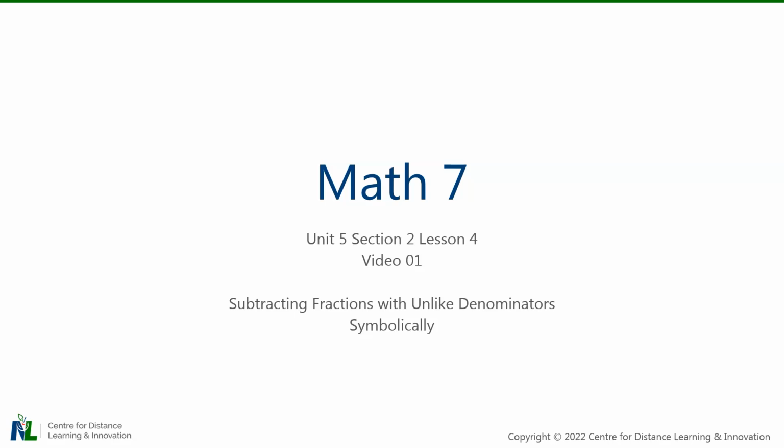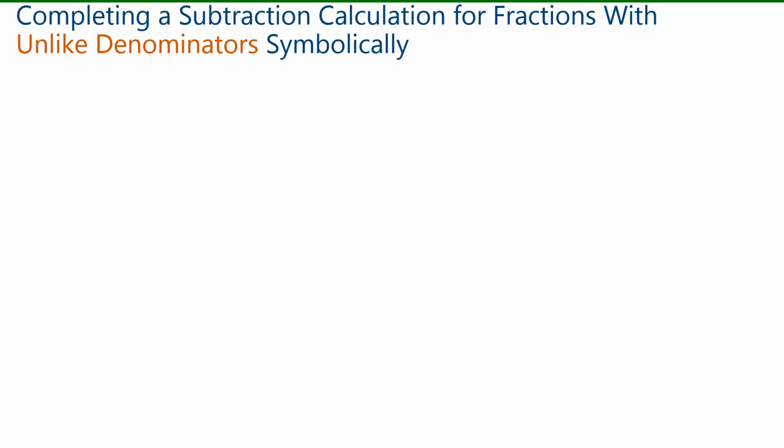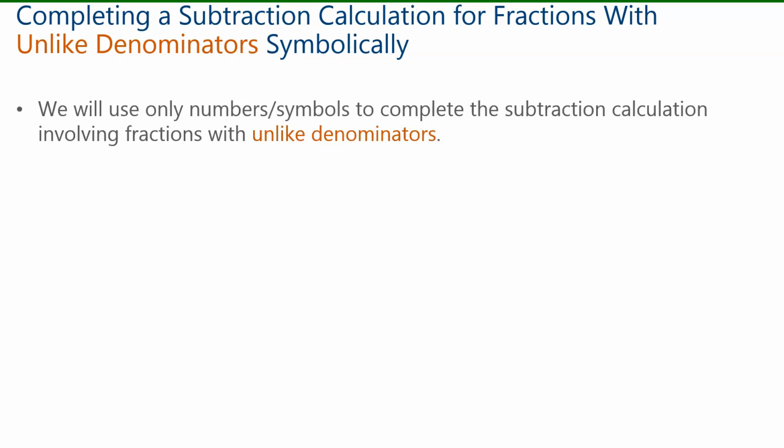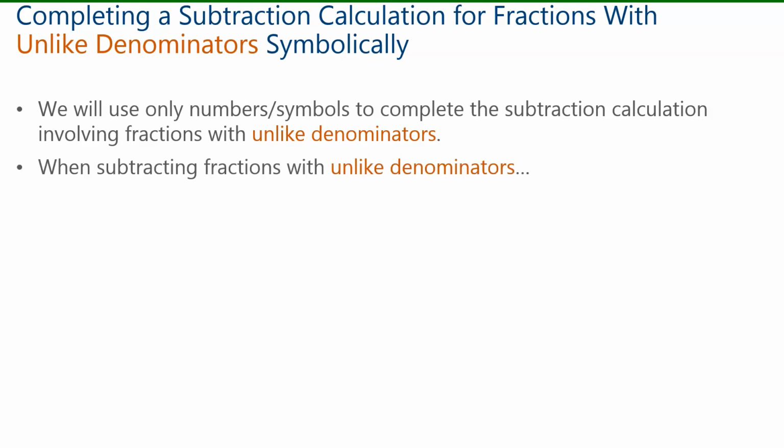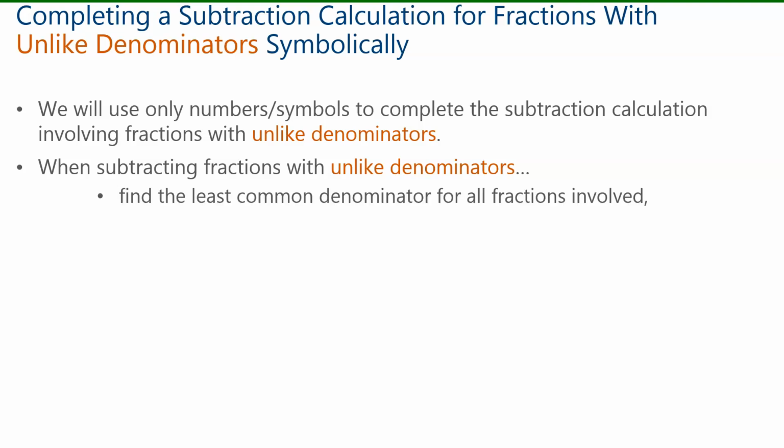In Lesson 4, the final lesson of Section 2, we will subtract proper fractions with unlike denominators symbolically. Now the process will involve using only numbers and symbols to find the difference. Our algorithm, our recipe, when subtracting fractions with unlike denominators: first of all, we find the least common denominator